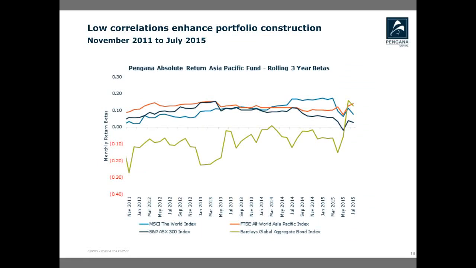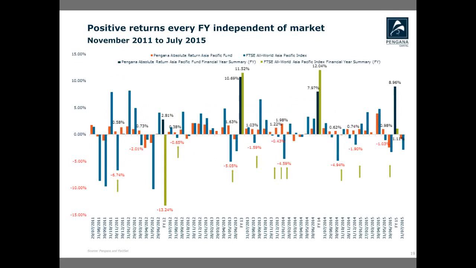This is the rolling correlations, and it just shows you that this fund is not correlated to the other major asset classes through time. It's fairly consistent, and that's for all the reasons that Vikas elaborated on. These are stock-specific trades, and then at the portfolio level, if there's any residual beta, Antonio and Vikas hedge that out. The next slide is really just the month-by-month performance of the fund versus the Asia-Pacific equity markets.